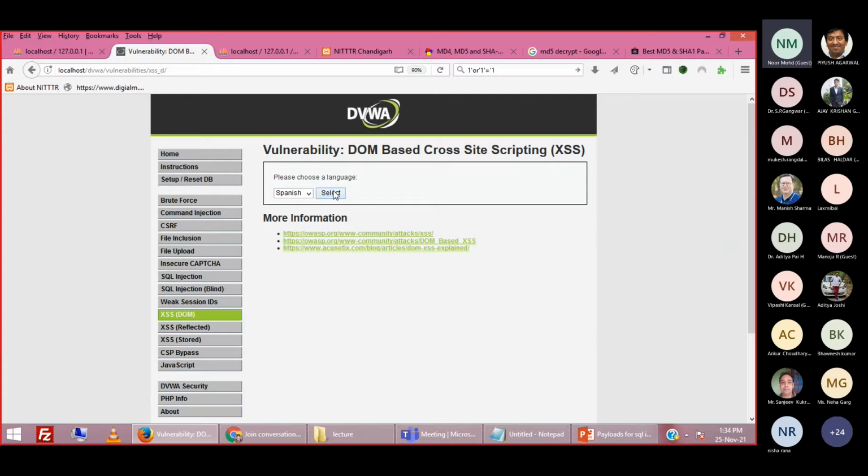Suppose I'm selecting Spanish here; when I go to the drop down, it shows the selected value on the top, Spanish. If I select English, it shows English. When I select French, French is selected and shown on the top, right? Whatever value we select is displayed on the top.